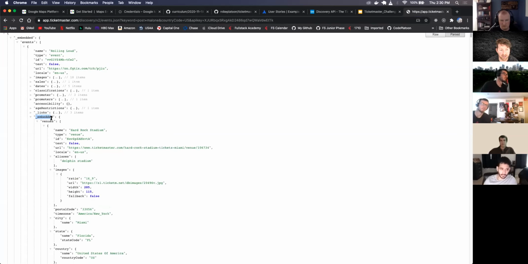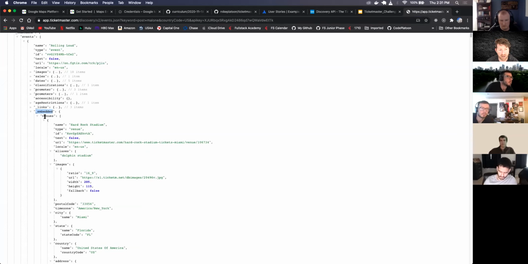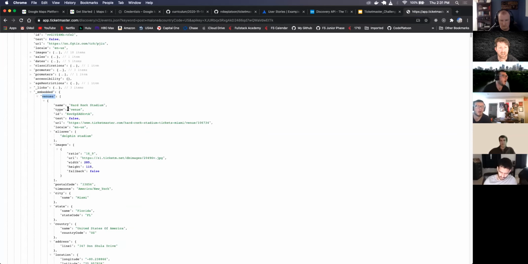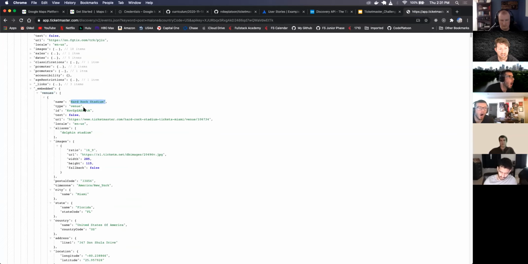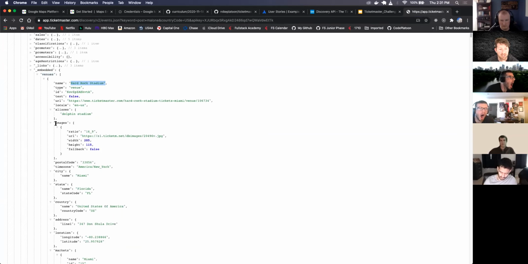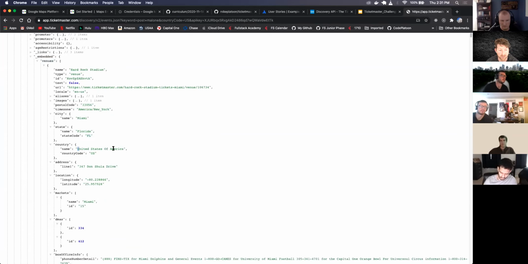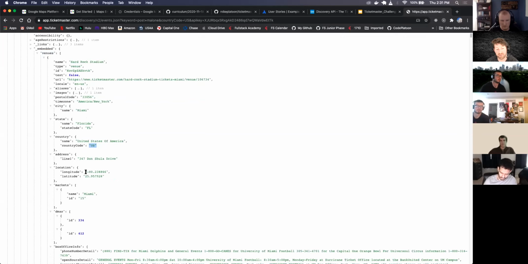I've got another embedded, and now I've got my venues of where all my concerts are located. Hard Rock Stadium has some images. It's got the city, Miami, the Florida state code, and the country, US. I've got the address right here, or I also have the longitude and latitude, so I can use that for